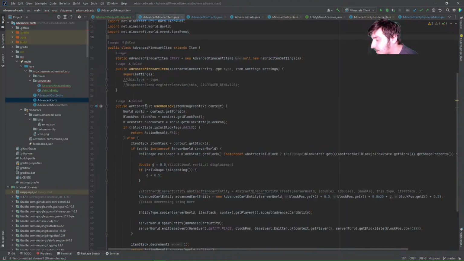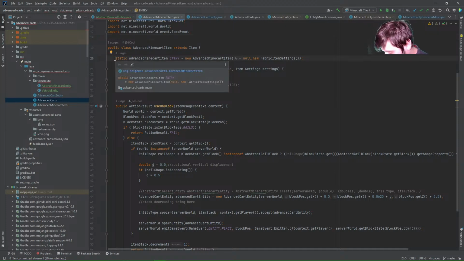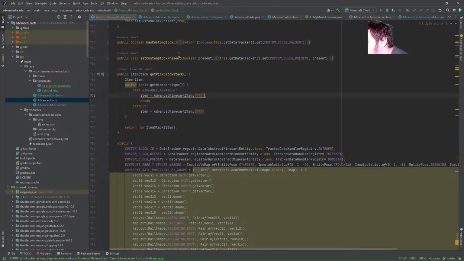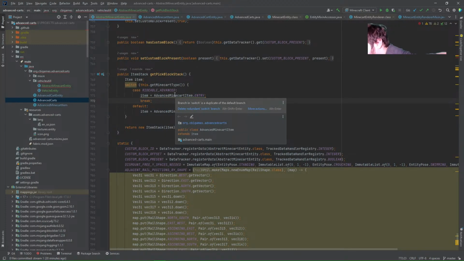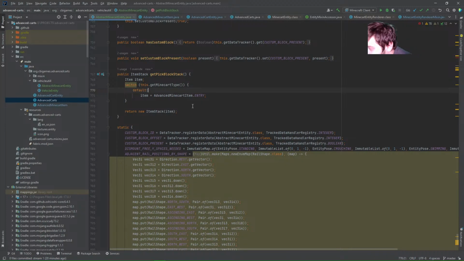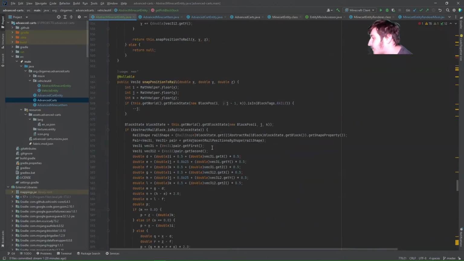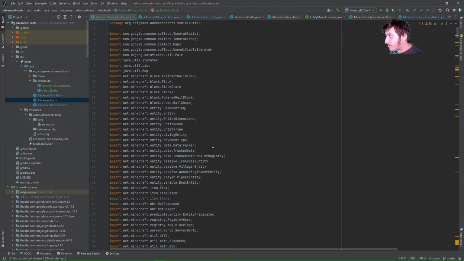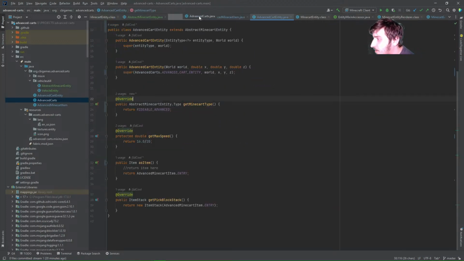Item. Advanced minecart item. Public, static, and I'm also going to make it final because I'm making it public. There's not really a reason why it shouldn't be. And it's going to say it's redundant because of default, and yeah, you're right. Hopefully I haven't screwed anything up. Anyhow, back to what I was again trying to do, which was